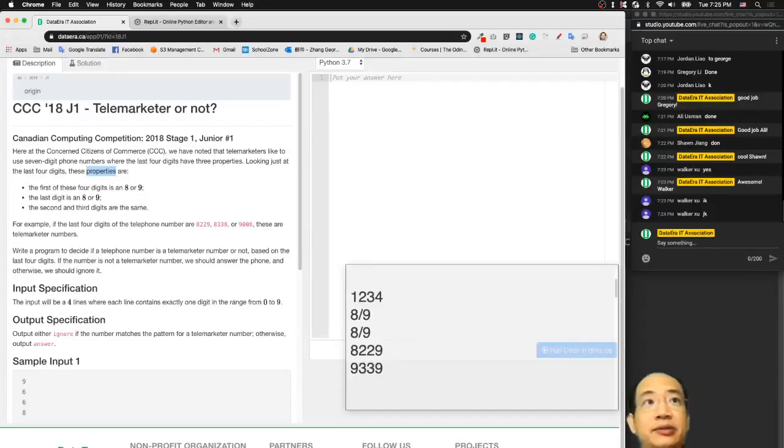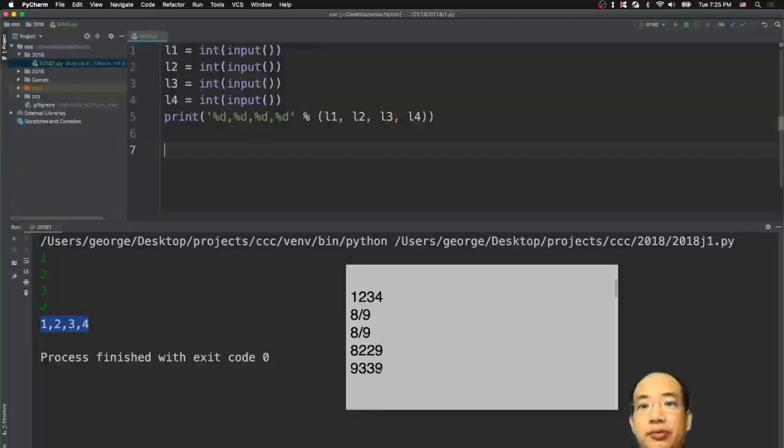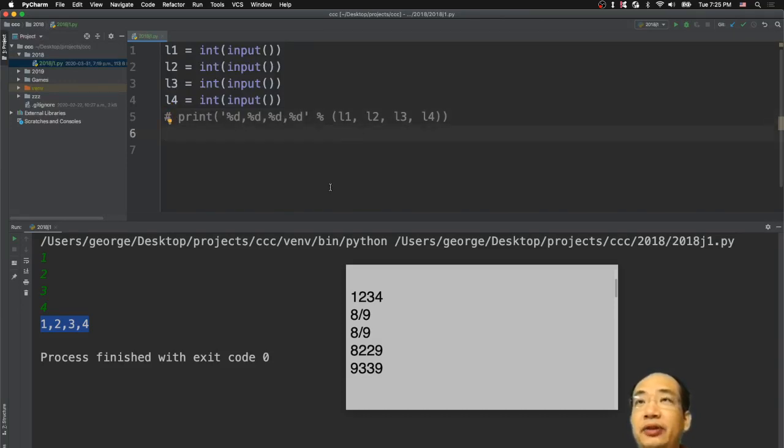So the first one should be 8 or 9, right? I don't think I need this one, so I just comment it out with a pound sign here. And now for the first digit, if it is 8 or 9, so if